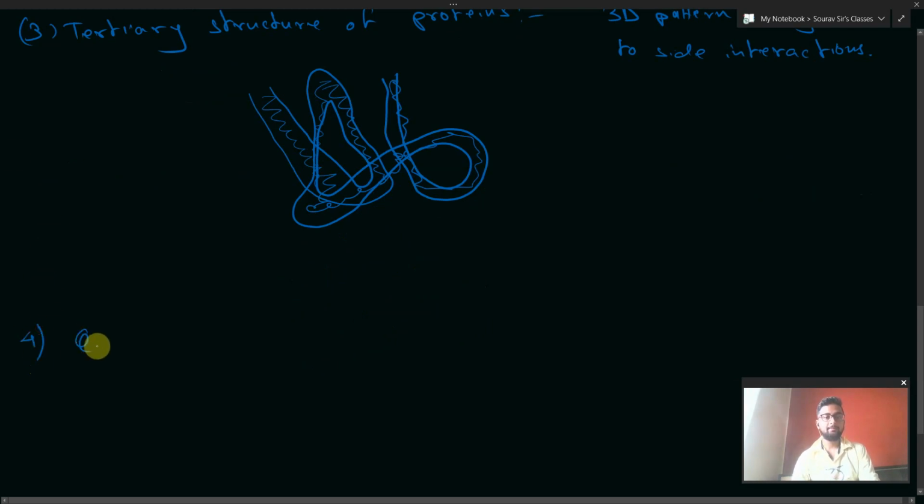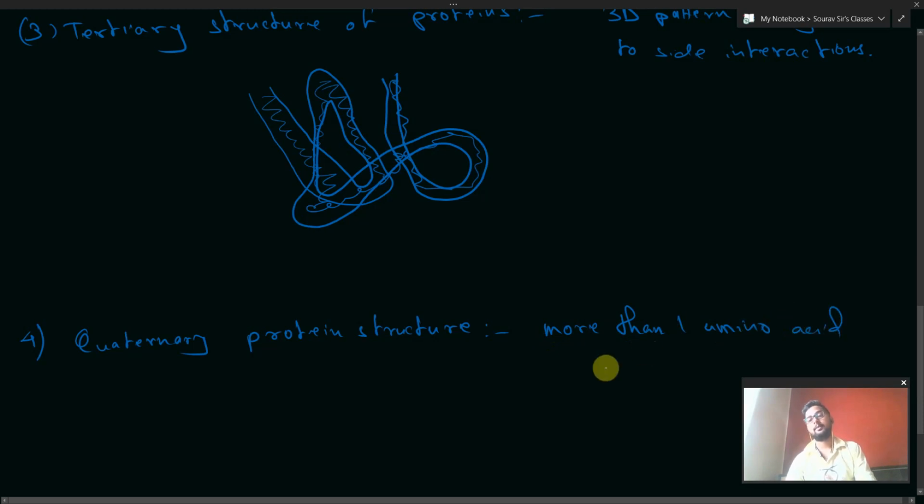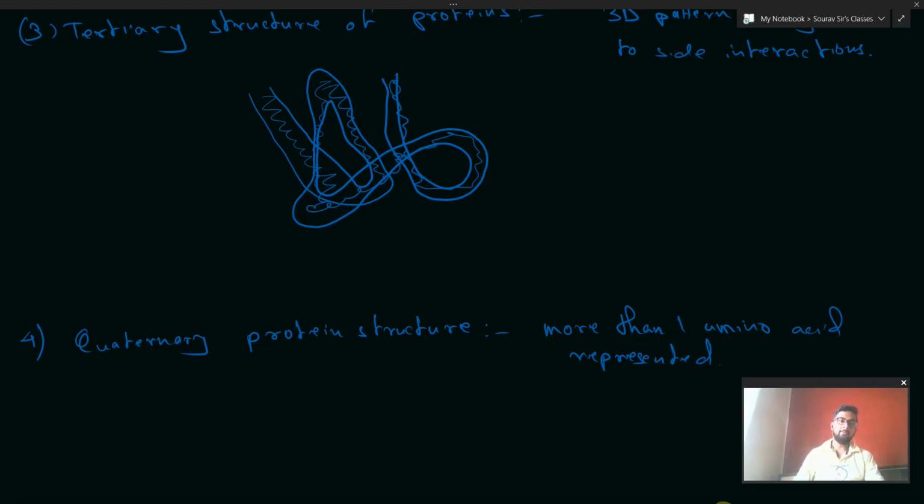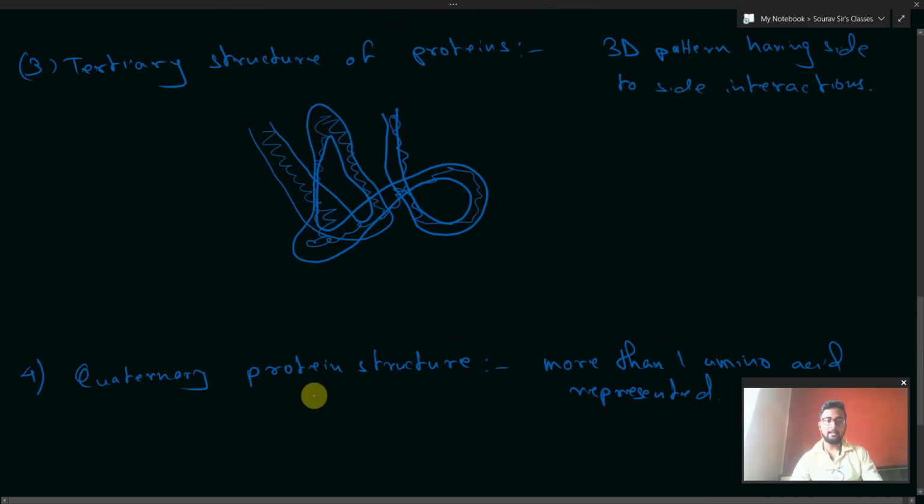the quaternary protein structure. Okay, so this structure would be involving protein consisting of more than one amino acid chain. Okay, more than one amino acid is represented. So in this structure you have to use more than one amino acid, and the quaternary structure